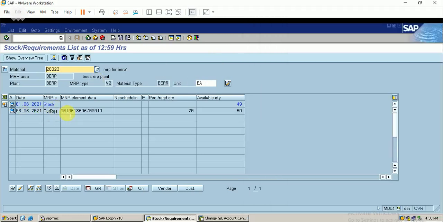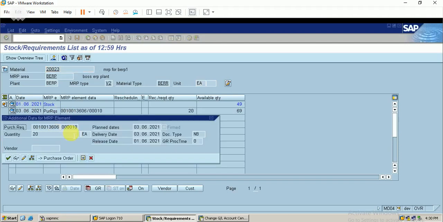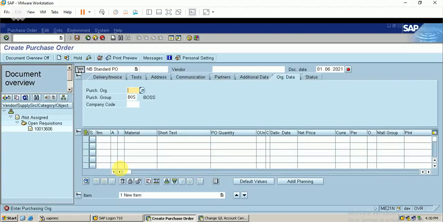So the purchase requisition has been already created, so let me convert it into the purchase order. Just click on it. You can see the purchase order. I just click on purchase order, it will be created automatically. Let me show it. It corresponds to the purchase order screen. So you can see here, this is the requisition. It is in open state. Let me select it and click on adopt.